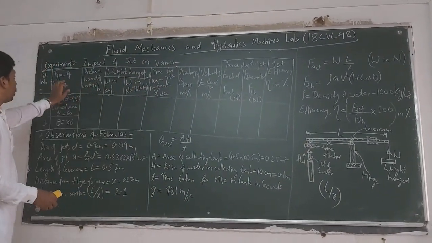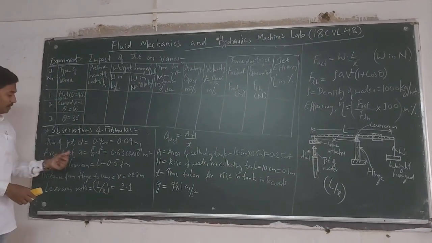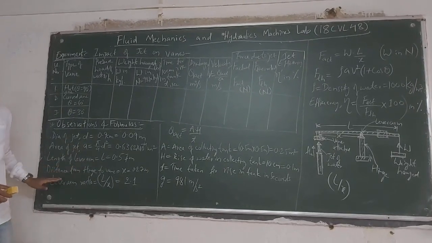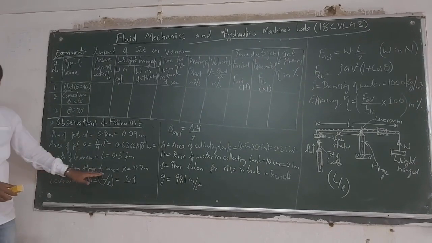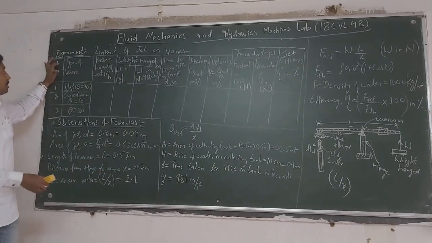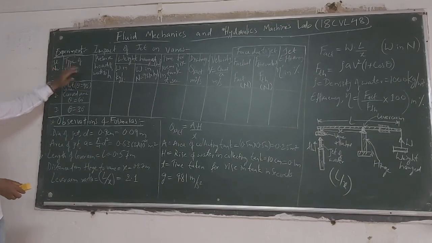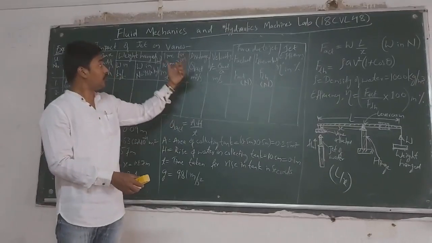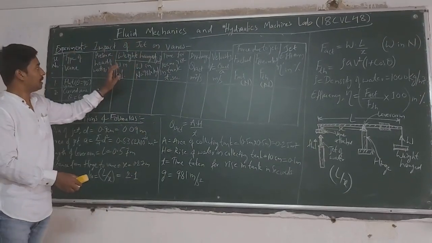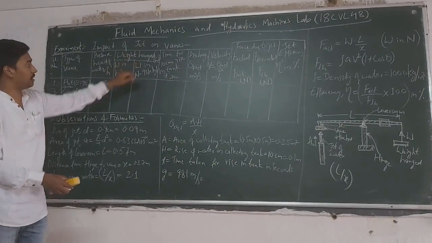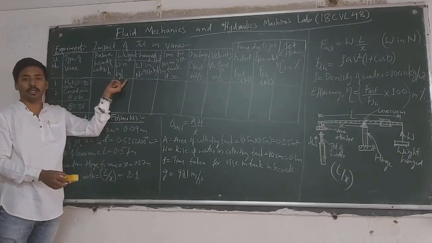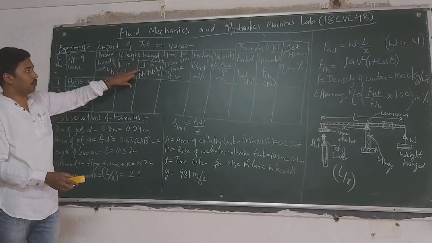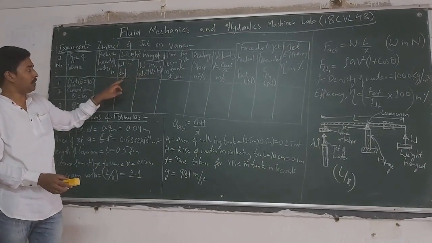Now coming to the observations taken, we will initially take the diameter of the jet as d and its area as small a. Accordingly the length of the lever arm and the distance from hinge to vane, L and x. First, considering any one particular type of vane, we have to calculate its pressure head of water. The pressure head will be maintained constant for any experiment while doing the impact of jet. After that, we will take the weight of the hanger. The hanging weight, initially we will take it in kg of force. That kg of force will be converted into newtons by multiplying by 9.81. So weight in newtons will be 9.81 times the kg value.